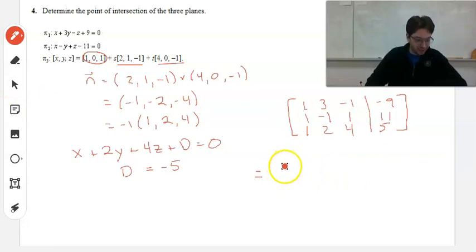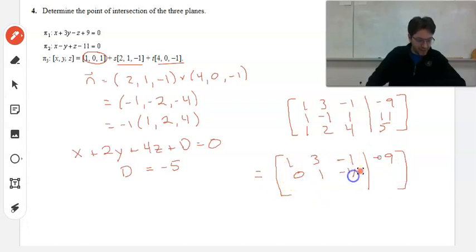And if you do some matrix mechanics here, it's actually called Gaussian elimination, you should end up with 1, 3, negative 1, negative 9, and 0, 1, minus a half, minus 5, and 0, 0, 1, and 2. You can continue going, but what you should get is x equals 5, y equals negative 4,